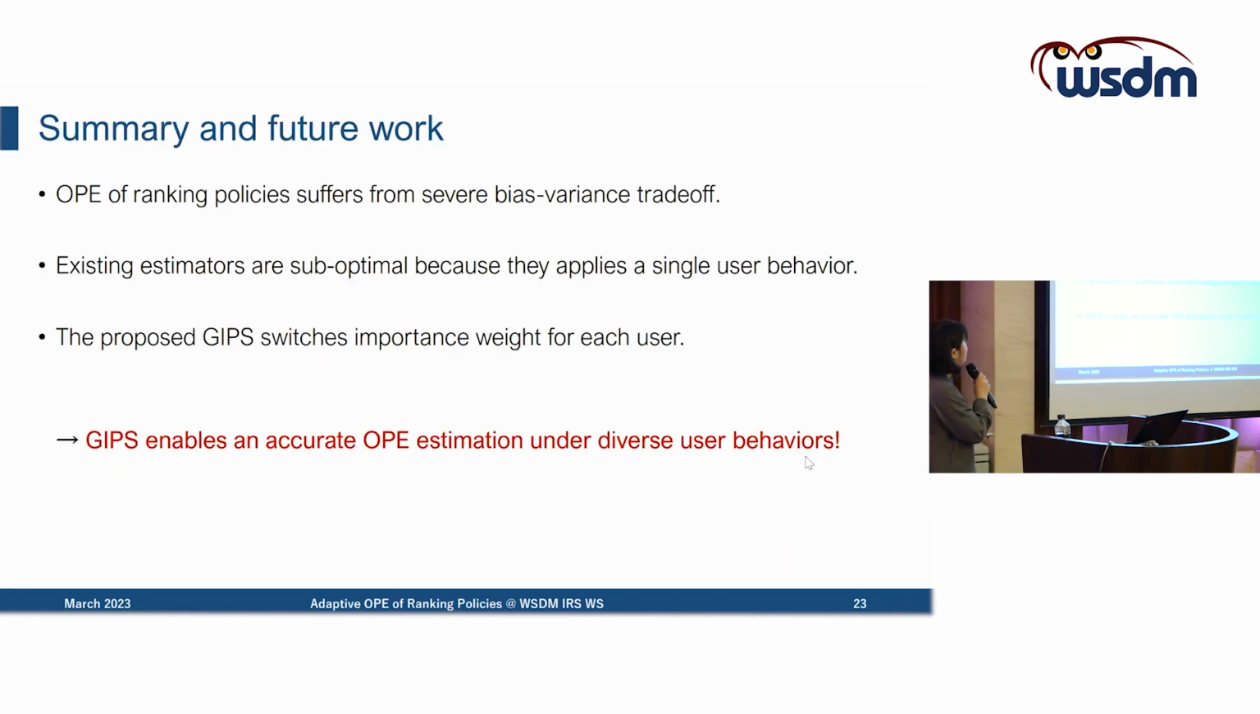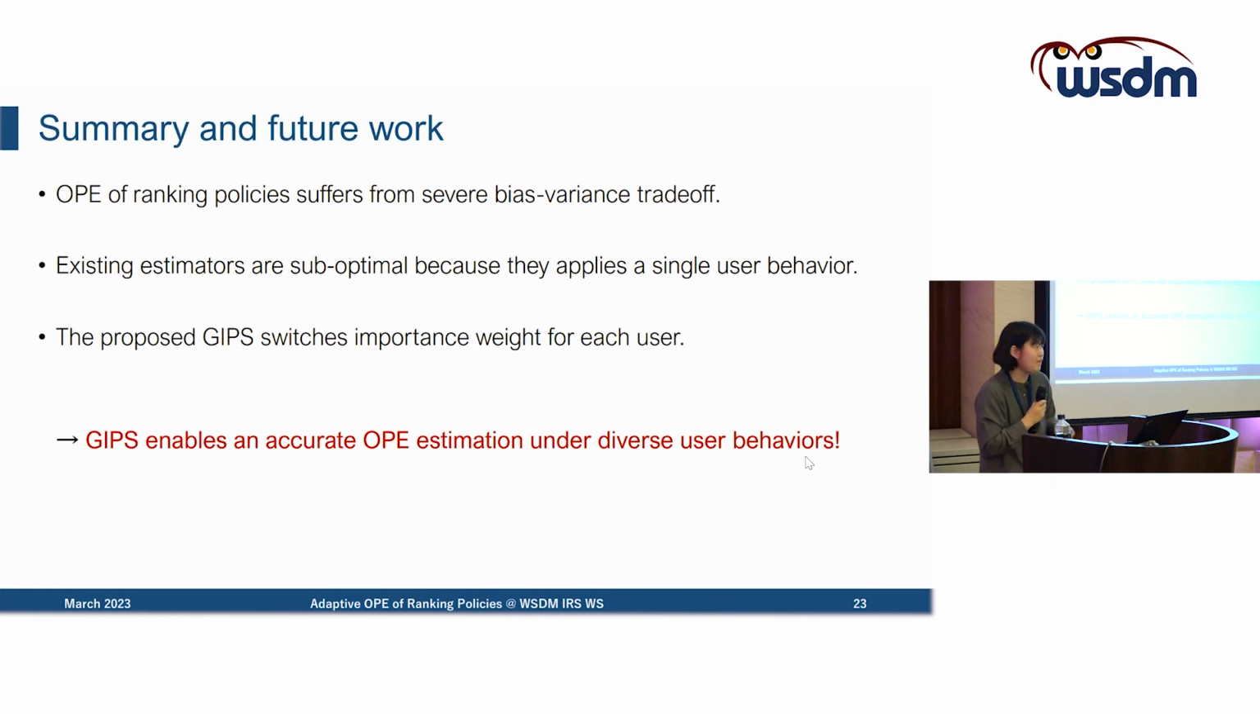Right, so let me wrap up this presentation now. Today, I talked about policy evaluation of ranking policies, which suffers from a severe bias-variance trade-off due to the combinatorially large action space. To tackle this combinatorially large action space, existing estimators assume some user behavior assumption. However, it was a single universal assumption for the entire population of users. It leads to a mismatch between true user behavior and the estimator's assumption, leading to either serious bias or excessive